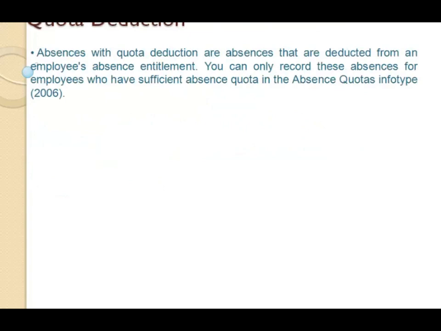Now, what is quota deduction? As I mentioned earlier, you will be entitled to a quota, like 40 hours of vacation per year. If you apply for vacation for 1 day or 2 days or 4 hours, because some companies give the entitlement based on number of hours, and some companies give the entitlement based on number of days, so either you apply in hours or in days, that quota will be deducted. That is nothing but quota deduction. And in SAP configuration, you need to tell the system that the quota should be deducted. Now, after you decide which method you want to use to generate the absence quota, let's create infotype 2006 and also see how the quota can be deducted.